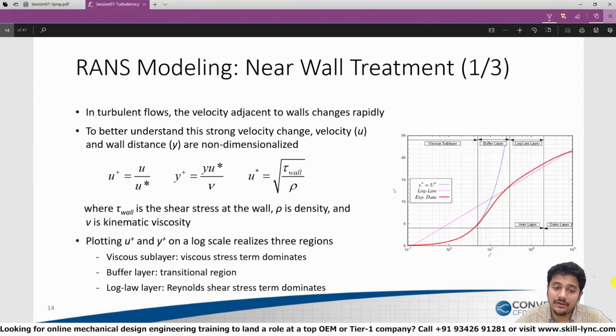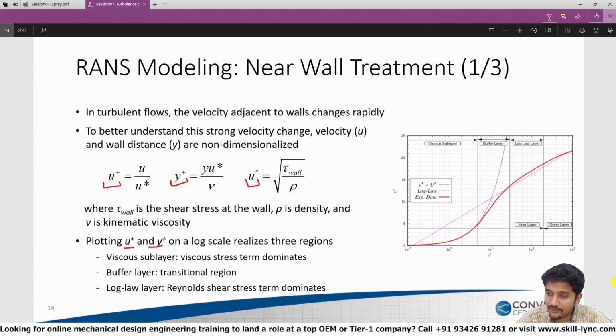In turbulent flows, the velocity adjacent to the walls changes very rapidly. And to understand these changes better, what people do is they use a transformation. They basically convert your flow field variables into what you call the near wall variables. So you have something called U plus, which is the non-dimensional velocity, and Y plus, which is the non-dimensional wall distance, and U star, which is basically the friction velocity. All right. So when you plot U plus and Y plus, you actually get what you call the law